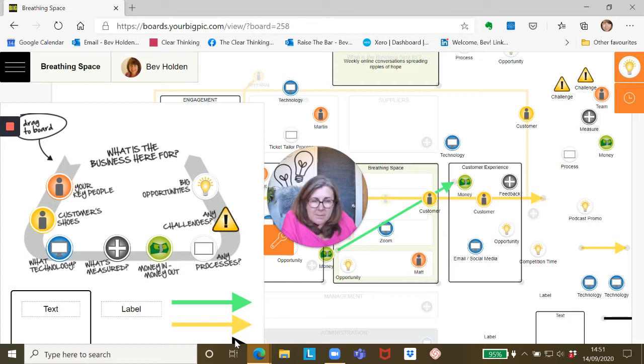There's a little black arrow down there. My screen's a little bit small on this laptop, so you can't quite see it, but there is an arrow there. And if I left click on it and just drag it, you can see it. That's how I pop it onto the board. So I do that for all of my symbols. If I want a symbol on my board, I left click on it and I drag it and I drop it wherever I want. And I can dip in and out of my tool drawer